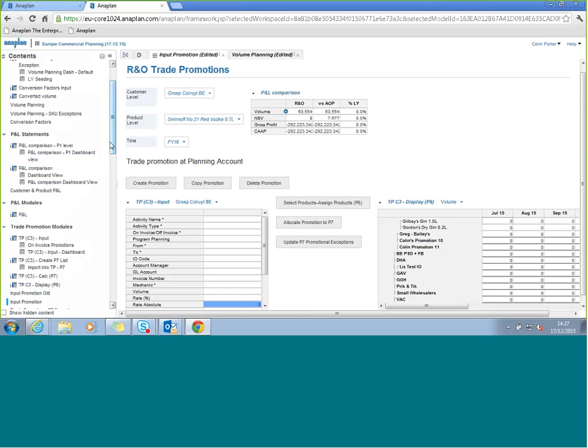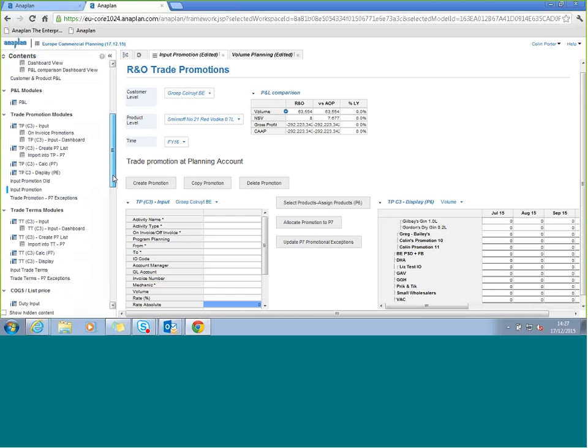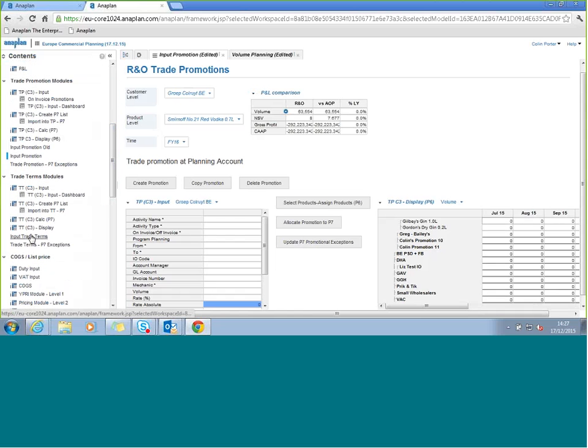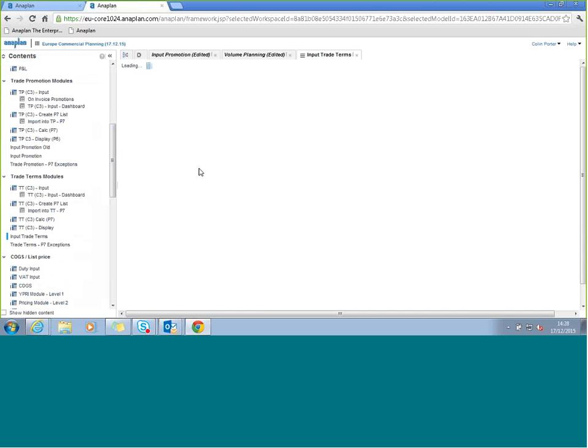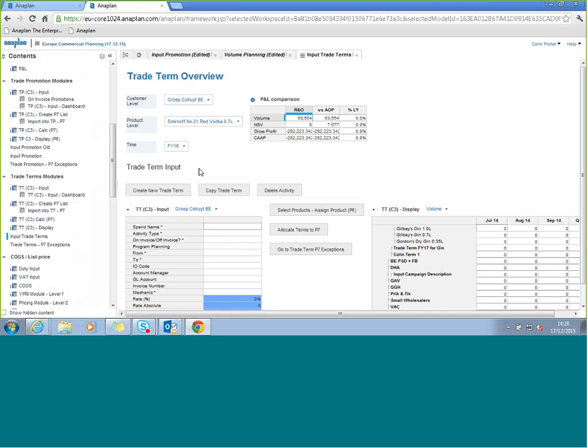In addition, we also have our trade terms as well. So let me just open up one of those. Okay, there we go. So the two screens are quite similar here, as you can see. Obviously, the trade terms are going to form more of the baseline. So when you create a trade term for a certain product and customer combination, right,